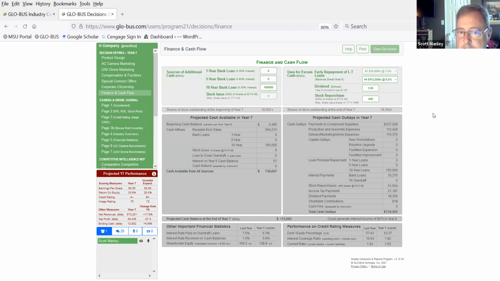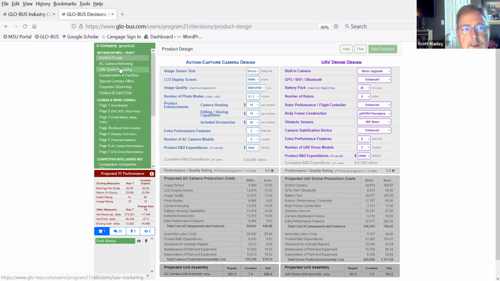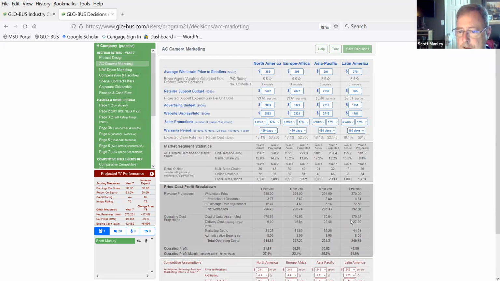Now, you guys obviously have the opportunity to copy me if you'd like to implement the differentiation strategy, and that's okay. I don't have a problem with that at all. But remember, one thing that's critically important is when you start getting these exchange rate adjustments like this, you have to price into your product. And that negative number there means that your price in Latin America has to go up to cover the loss as your money goes around the world. Okay. So there you go.